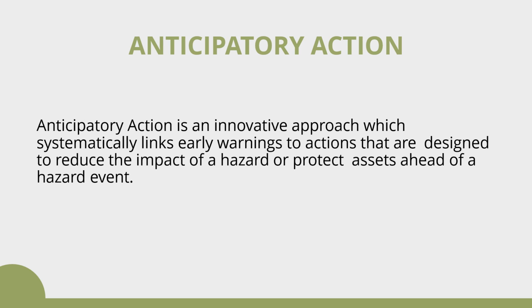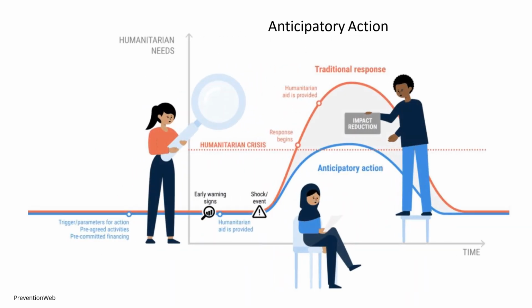We'll have a detailed session on anticipatory actions and their applications within the arena of community resilience during the face-to-face portion of this course. Now, if you look at the diagram, this is actually taken from the ASEAN, the Association of Southeast Asian Nations, regional framework on anticipatory action. It really shows you how and where these anticipatory actions can take place before a disaster strikes, and the potential benefits that you can bring in terms of the reductions of the impact or the traditional responses that you will need without this anticipatory action.